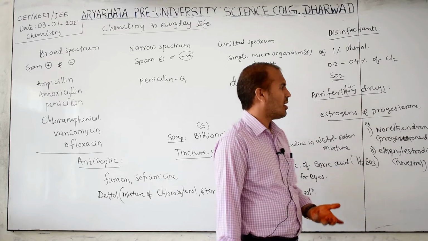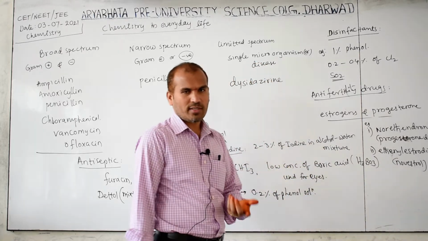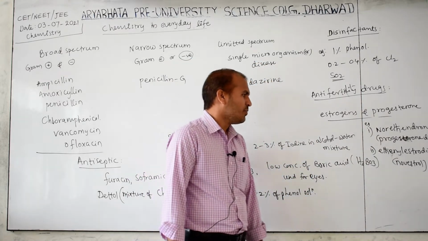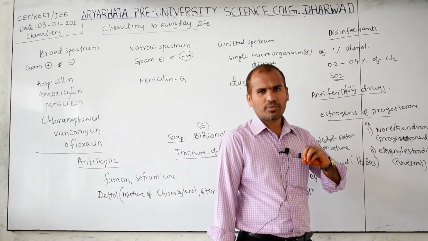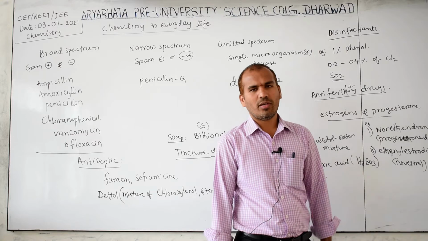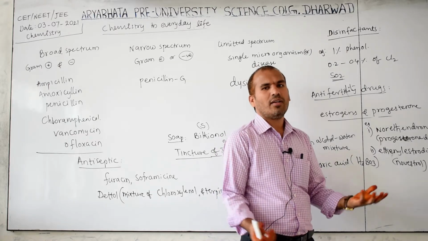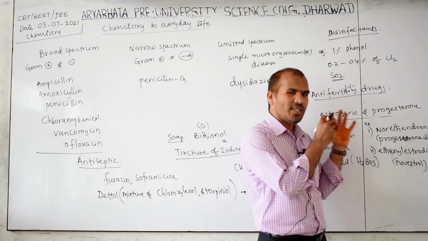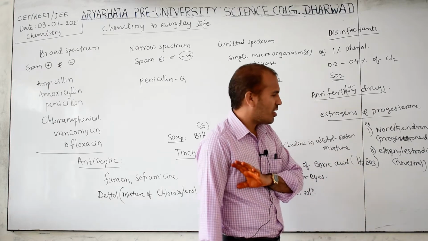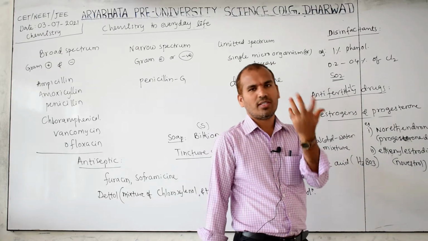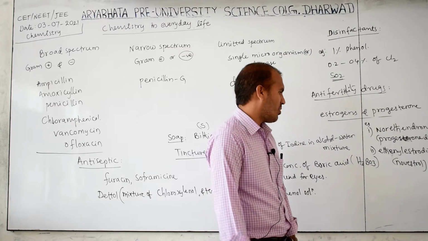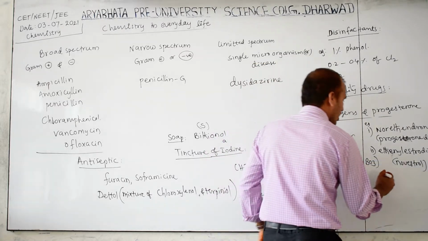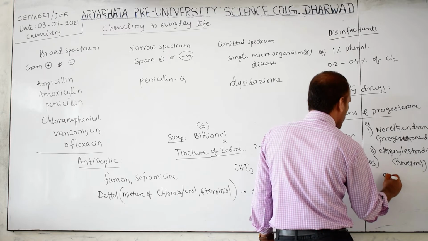You may know that Unwanted 72 or some pills also work like this. These are given as textbook examples, so you have to write them in your PU board exam and competitive exam level. Other examples are not required, they may be for general knowledge, but here only the textbook examples you have to remember. This is estradiol, it means estrogen